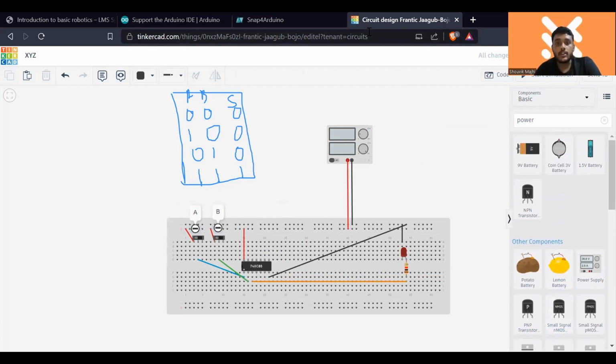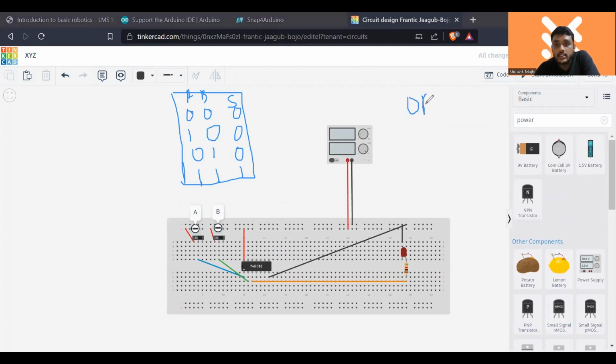So the next part will be verifying another logic gate, the OR logic gate. This was our AND logic gate. So let us explore the OR logic gate. The OR logic gate says